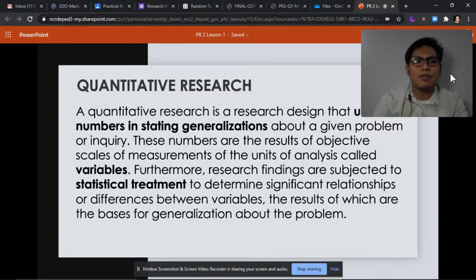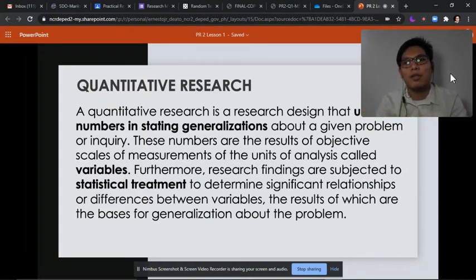Dito sa quantitative research, hindi natin aalamin yung bakit talaga. Aalamin natin kung oo, ilan sila, gaano sila kadami. Kung marami sila, anong ibig sabihin nito? Kung sumagot silang hindi, anong ibig sabihin ng hindi? Kung maraming sumagot na hindi, hindi na natin aalamin individually bakit hindi ang sagot nila. Unlike last time, nag-interview kayo, pag sinabi nilang hindi, bakit po? So, susuriin natin yung pagkakaiba-iba ng mga hindi ng mga respondents.